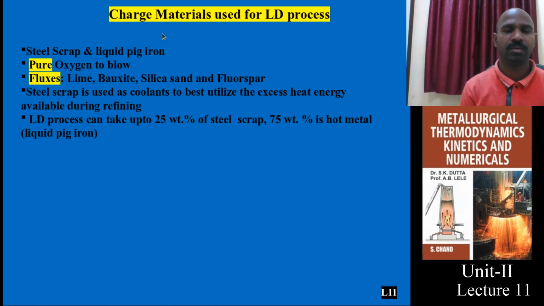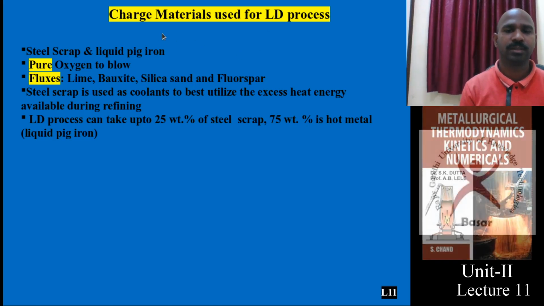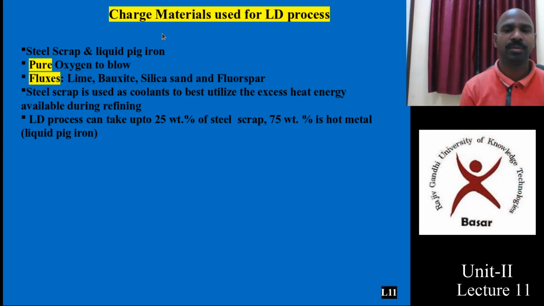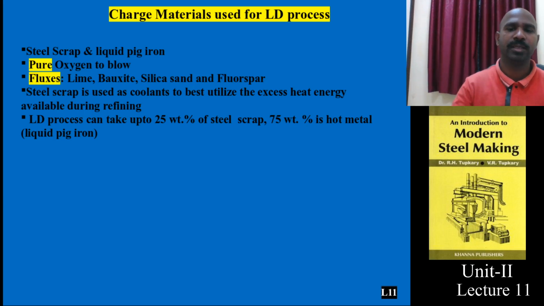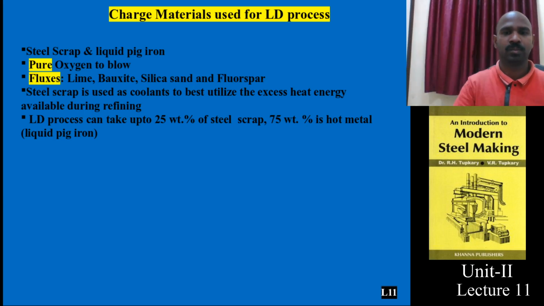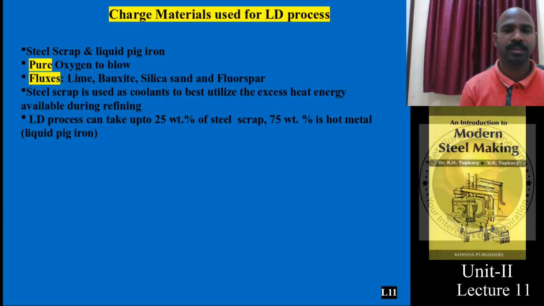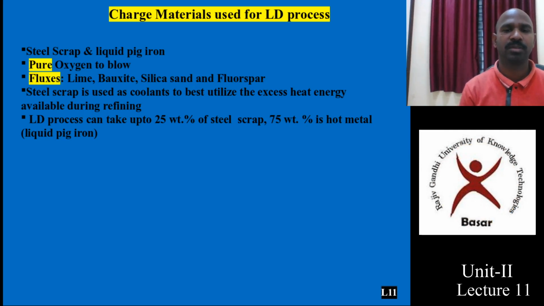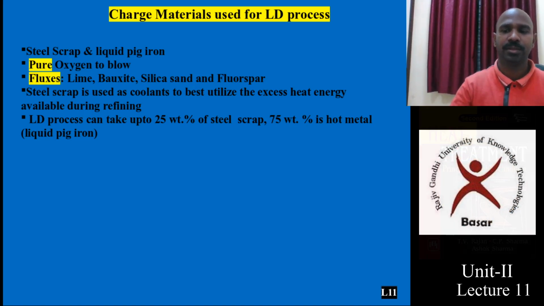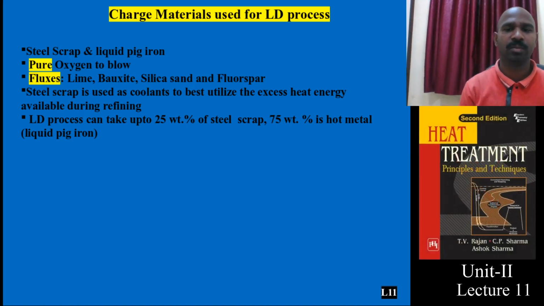In previous classes I was talking about the design parameters, design principles, and why it needs to be designed in such a fashion: top cone, middle cylinder, bottom sphere of the LD vessel, and oxygen lances. What are the benefits of a single nozzle and of multiple nozzles, how the oxygen jet behaves, and the construction materials, a large length of steel tube with a copper tip. All those parameters were briefed and their advantages made clear in the previous classes.